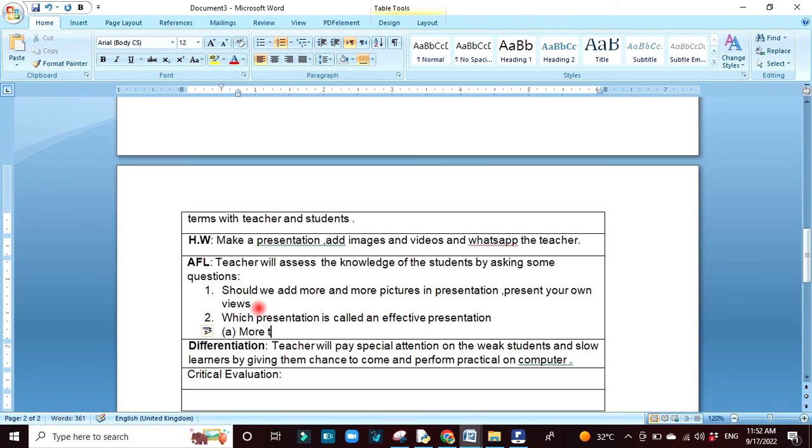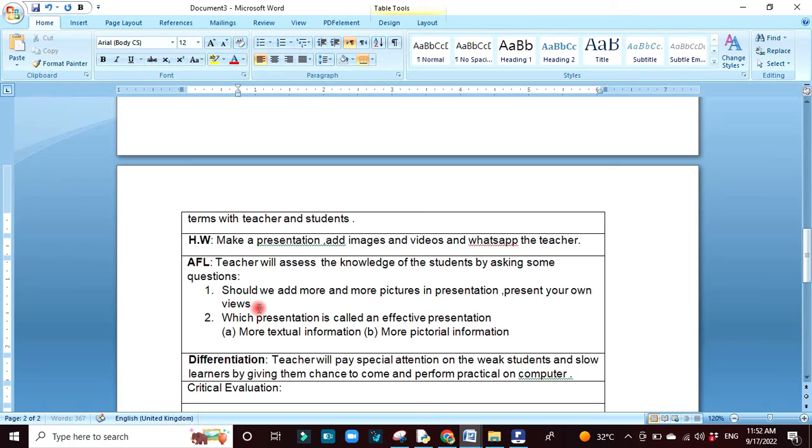Here is the question number 2. Basically, these are not the question. These are the topics of discussion. Which presentation is called an effective presentation? Number 1, more textual information and more pictorial information. The students will definitely think about it and they will answer accordingly, and then you will get the better answers